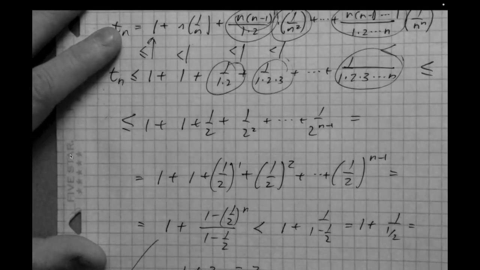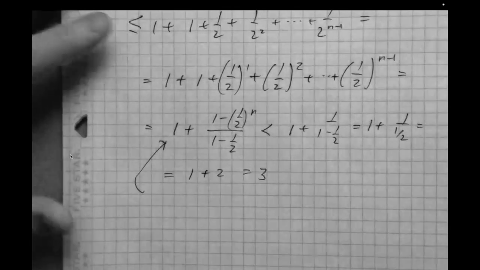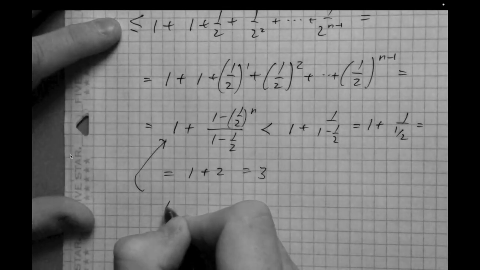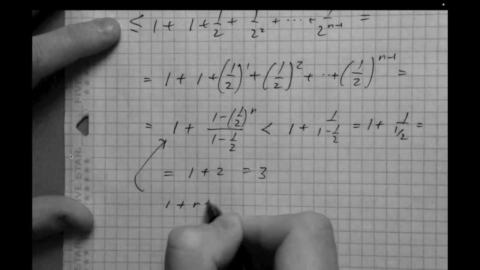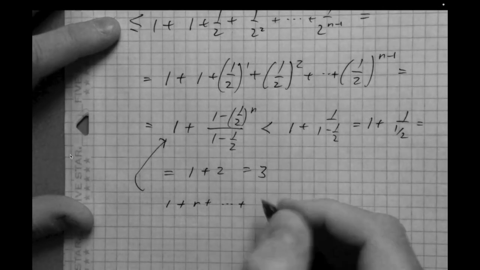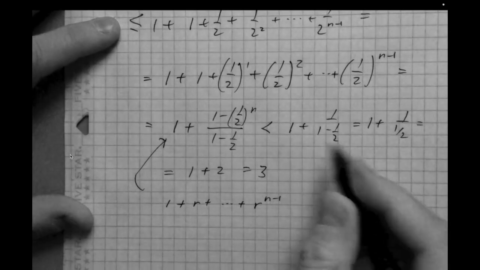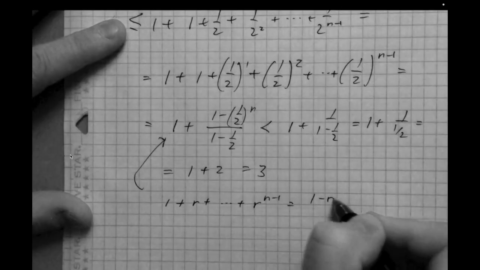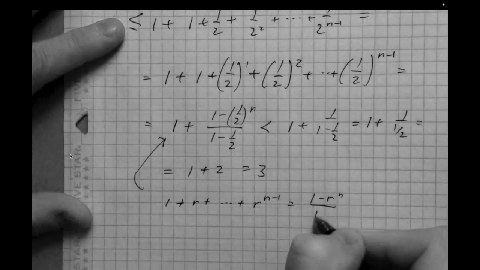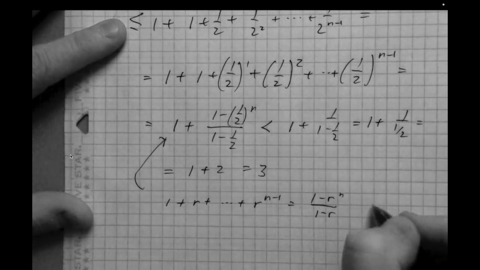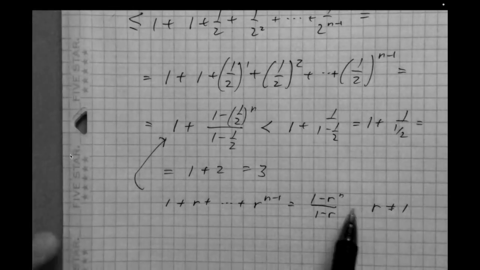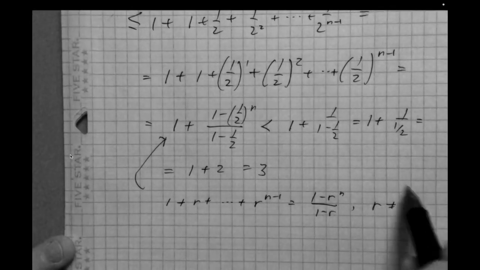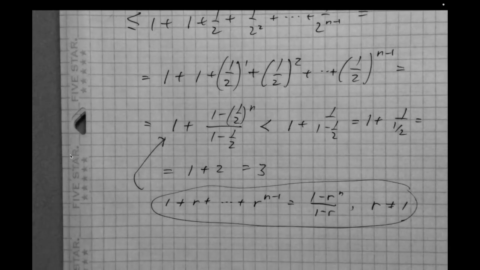Okay, now where did this come from? What am I doing here? Well, just remember that this is basically this guy, if you recall, 1 plus r plus dot dot dot plus r to the n minus 1. That series is equal to 1 minus r to the n over 1 minus r, and that's only really true when r is not equal to 1. But you may recall that that's definitely something that you could pick up in calculus. But basically what we've shown with the previous page,